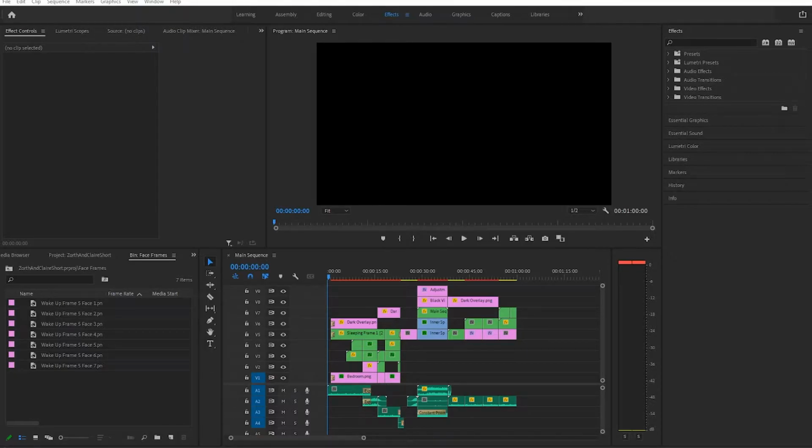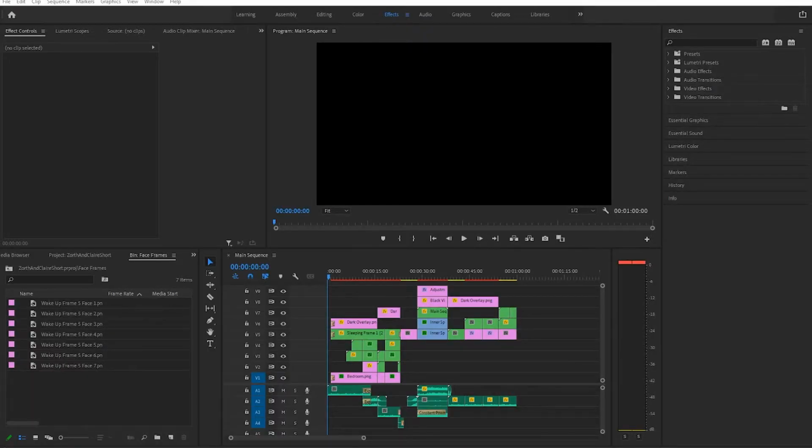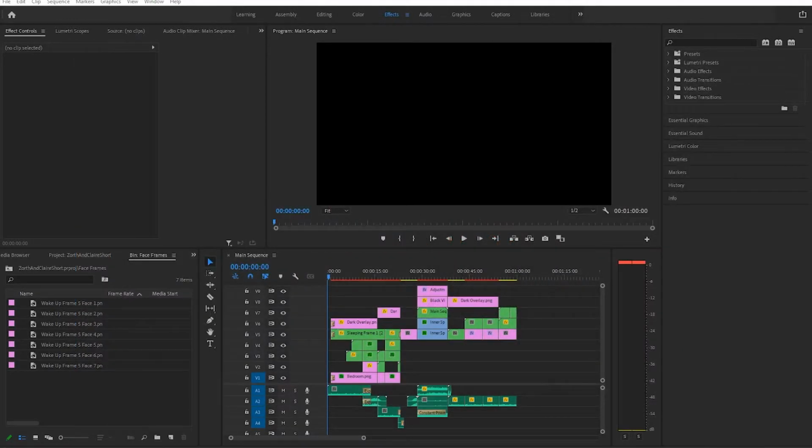But before that, there was actually the sketchbook drawing that I did, where Zorthelheb had teeth, which I'm glad I didn't keep, but they're a solid part of his design. Because even before that sketchbook drawing, this is technically the original art for Zorthelheb and Claire. The first time I conceptualized them was when I was playing Gartic Phone one night with friends, and I made this drawing. It was Zorthelheb and Claire.